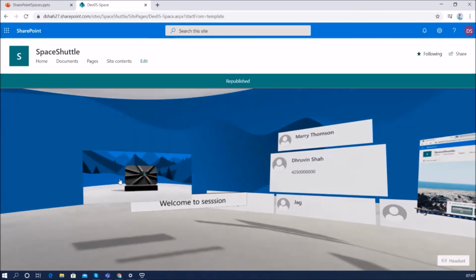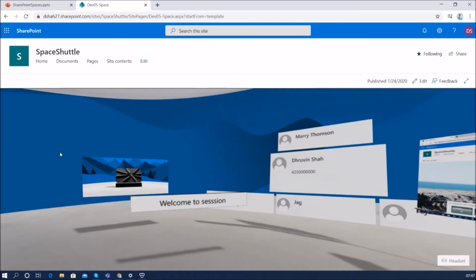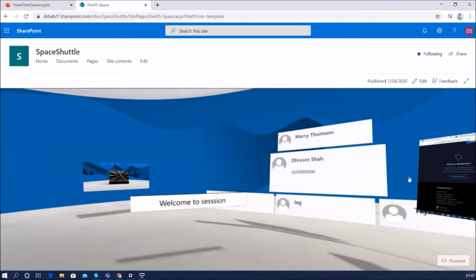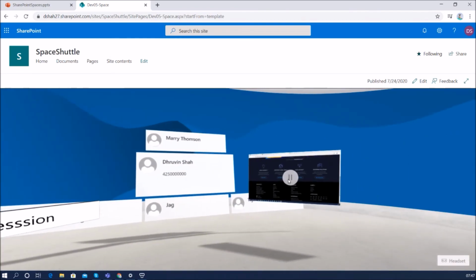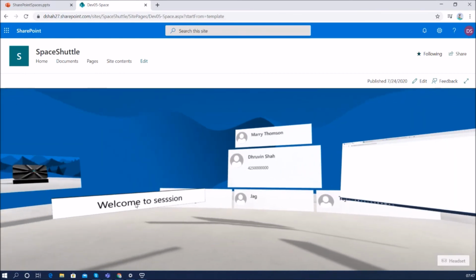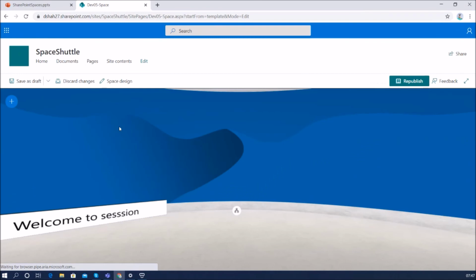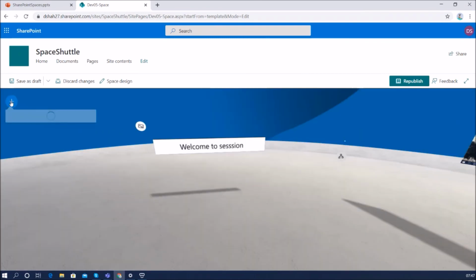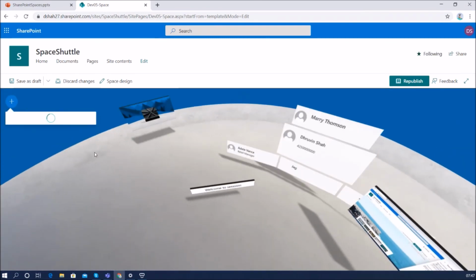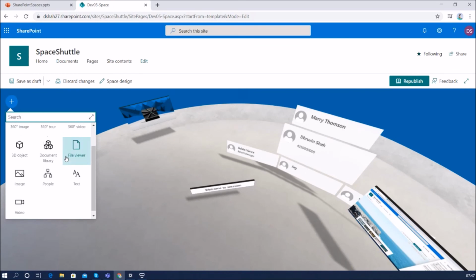So whenever I click, it will show the image in the preview. Same way, whenever I click on that, it will play that particular video for us, right? And same way, this is the text, it is showing like this, right? So this is how we have covered almost every single web part over here. Hope this is clear for you now.